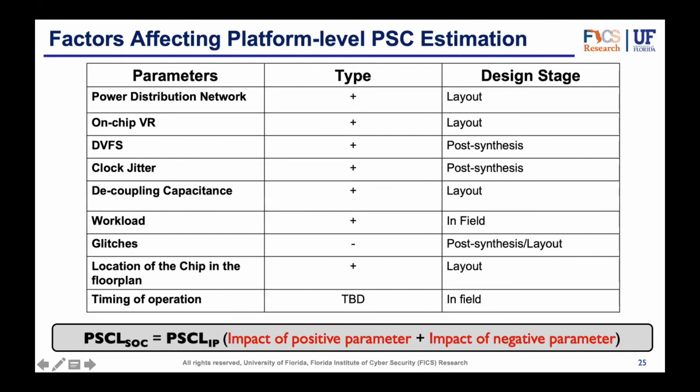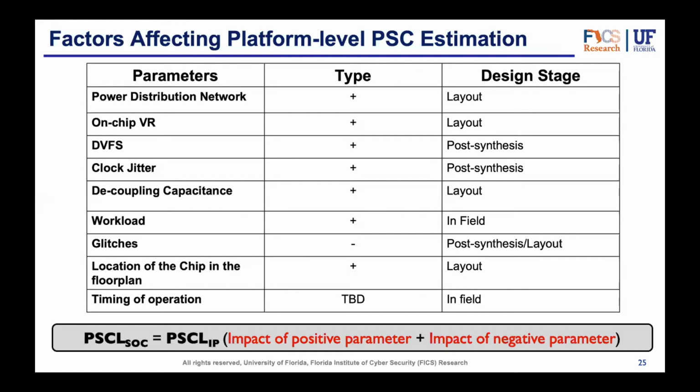So this table actually talks about what other parameters kick in when you transfer your IP into SoC, that is, start to impact the metric. And what we're trying to do is to understand what those parameters are. And considering that ACE is focused only at RTL, many of these parameters start to come in later in the design stage. But what we're doing is taking a specification into account and trying to adjust the security level based on what we get. This is all estimation, by the way.